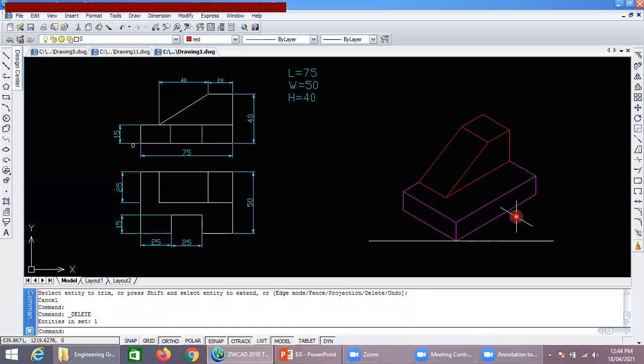Now one more thing is remaining: this rectangular slot. What are the dimensions of that slot? We will show it with a different color. That slot is in the central region, 25 from this end. So let's take a point here in this direction. It is 25.